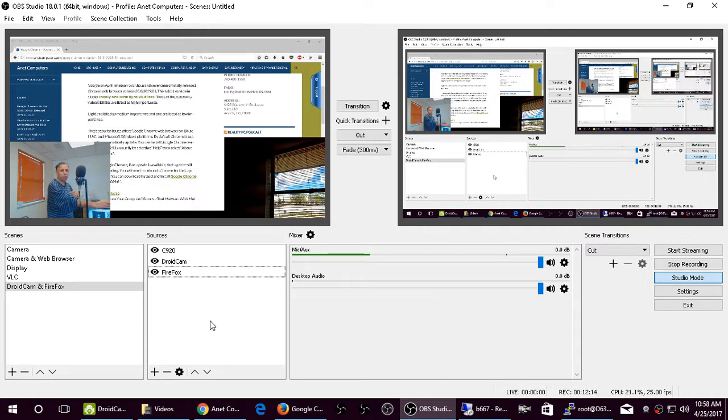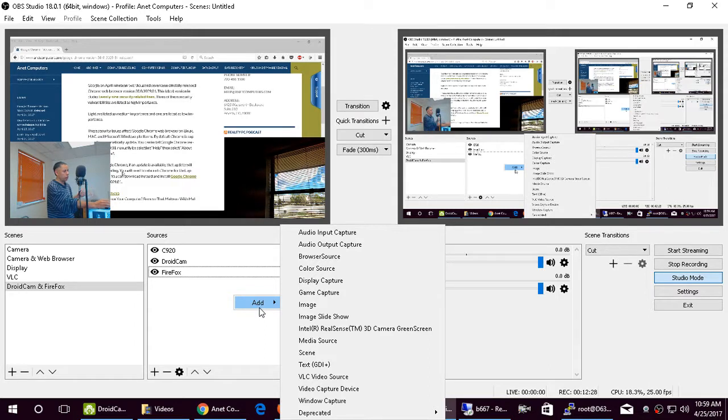Right now I just wanted to show you the basics of creating a new scene and adding new sources. And then in the future, maybe I'll make separate videos about how to add a VLC video source. And maybe how to add a program. Let's say you want to screen capture Adobe PDF reader for your audience. They can see the PDF document you're reading from or that you're working on or whatever. But I'm not a gamer, so